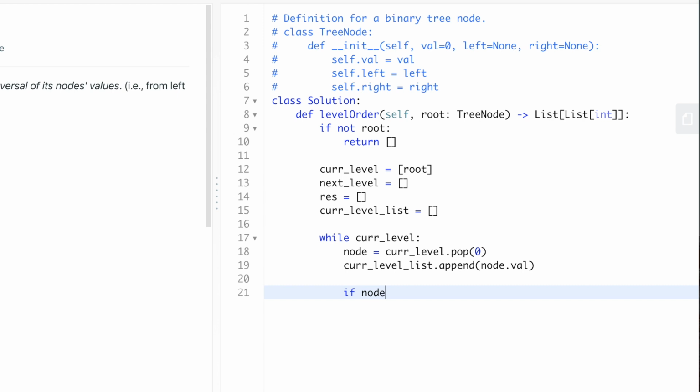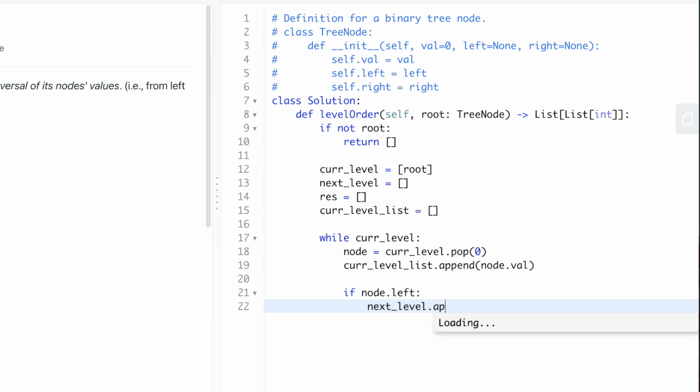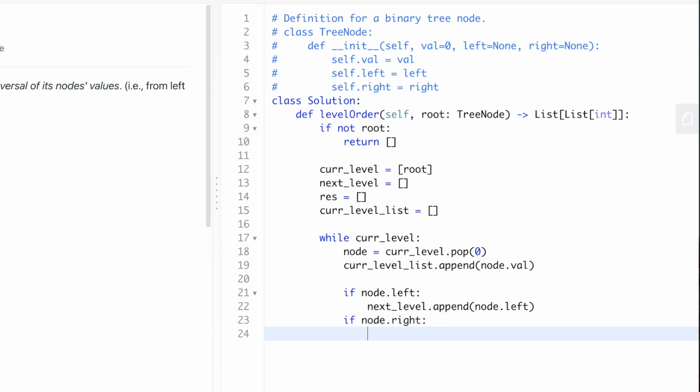So if node.left, meaning if the left child of the node is valid or is not null, we then append it into our next level. Same thing for the right child, node.right. And then say if this node is the last element in our current level, then what we need to do,